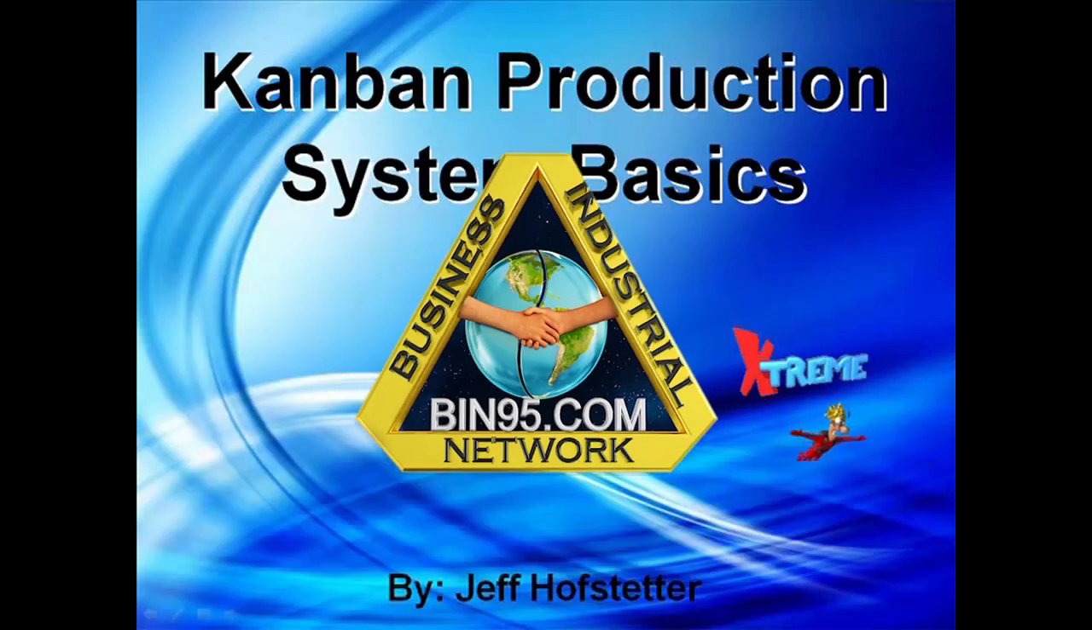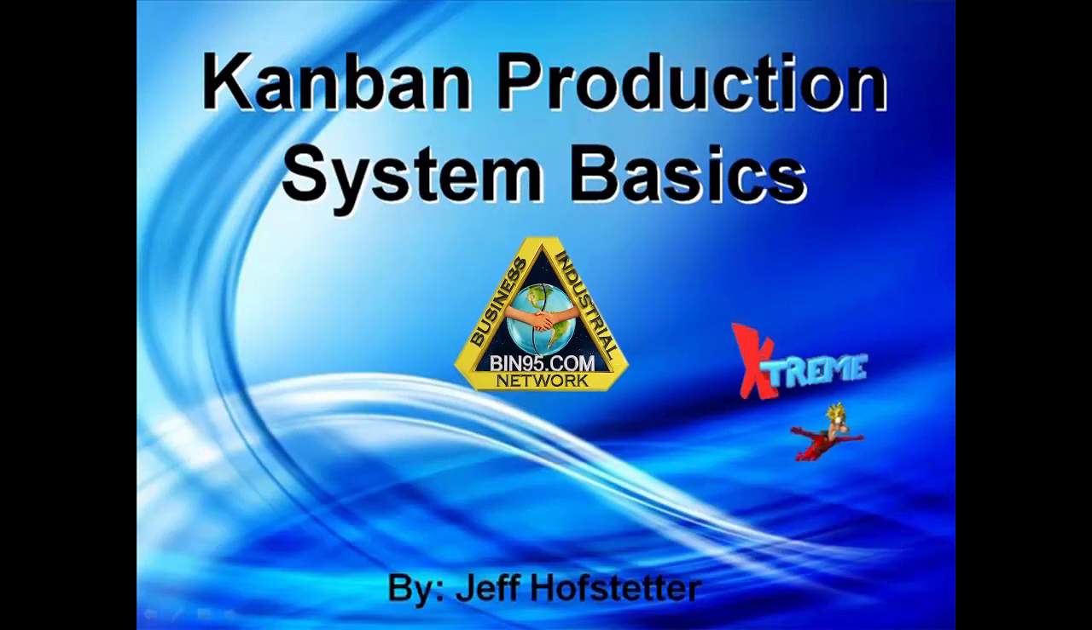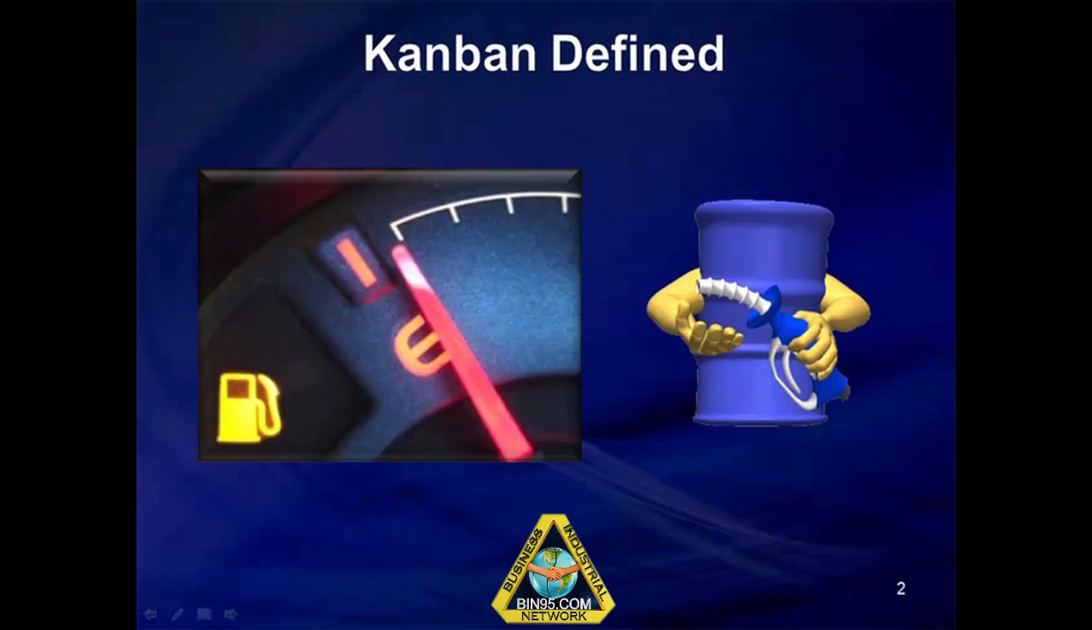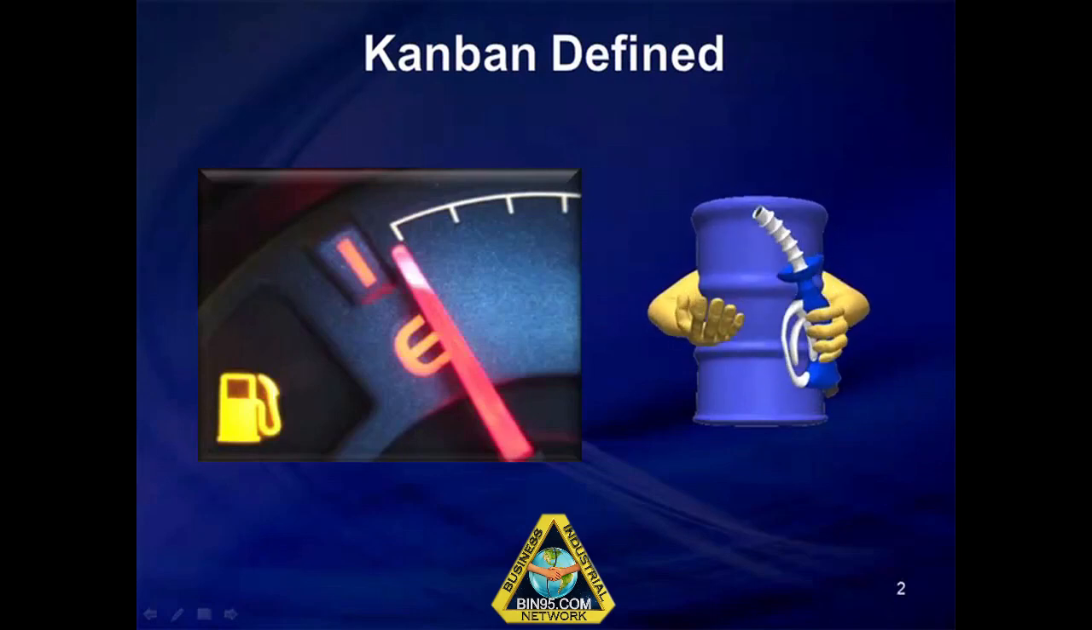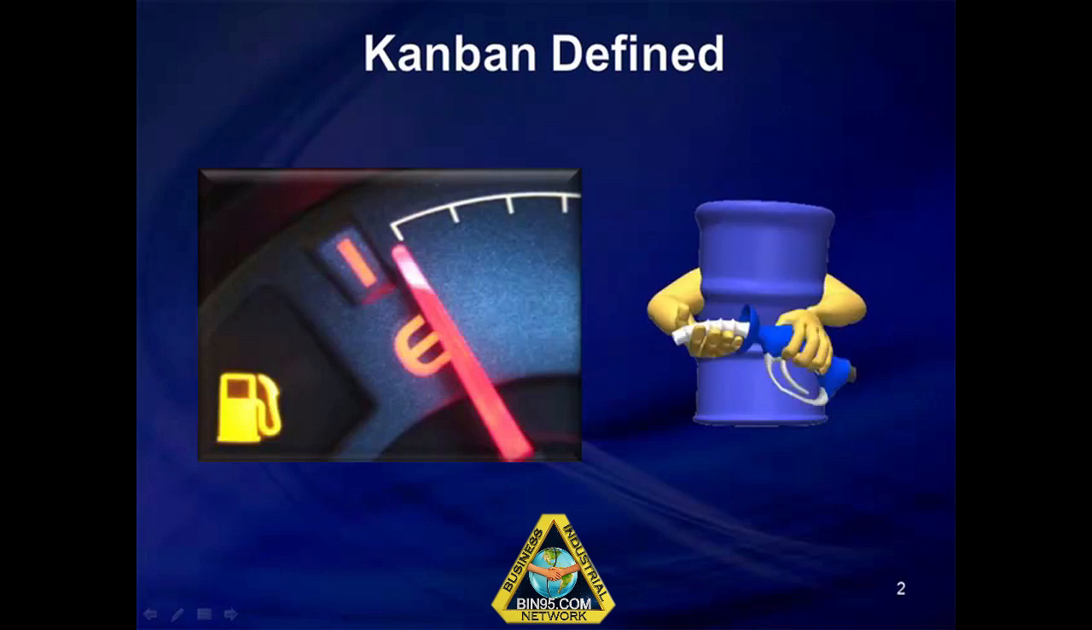Kanban is considered to be one of the central elements of lean manufacturing, and this presentation will explain some of the basics of what a Kanban system is, how it works, and how it can be implemented. Enjoy. I consider the definition of Kanban to be a signaling system that triggers more products to be produced and